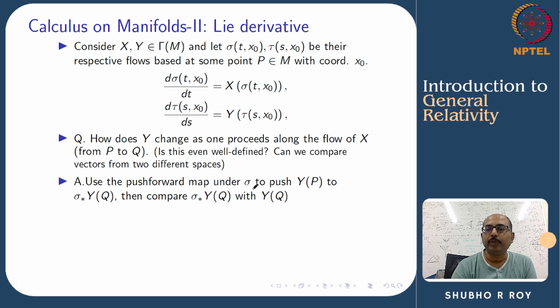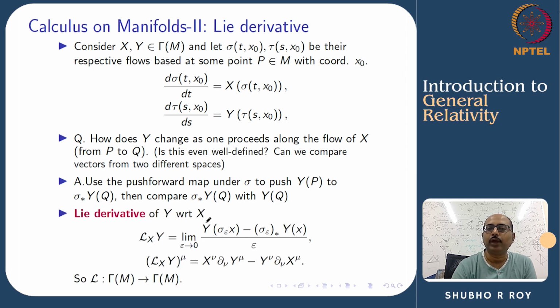Use the push forward map under sigma, under the flow or the integral curve, to push y of P to sigma star of y, which will then lie at Q. Sigma downstairs asterisk or star is the push forward. These two can be compared because they both lie at Q. This gives you the notion of a Lie derivative of y with respect to x. So compare the value of y at Q,